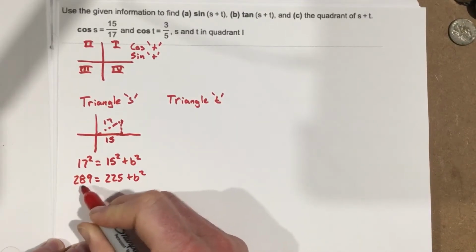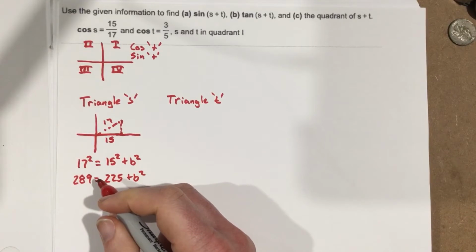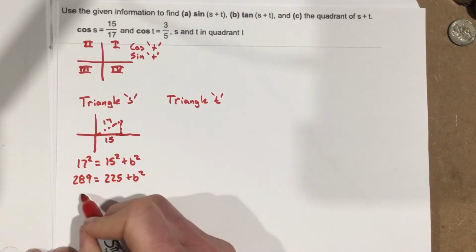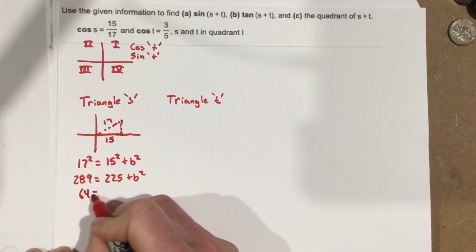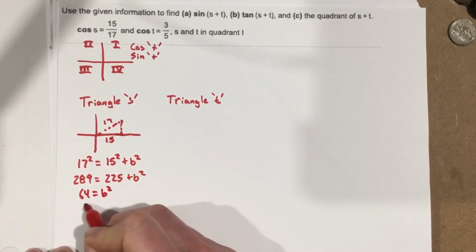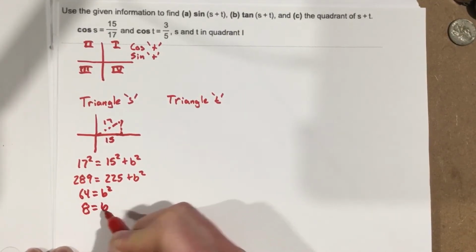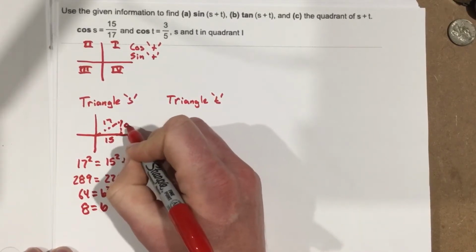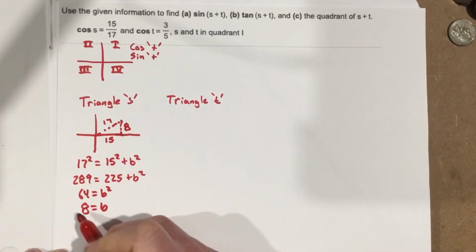I subtract this over, so 289 minus 225 is 64. Square root each side, I get 8. So this side is 8,